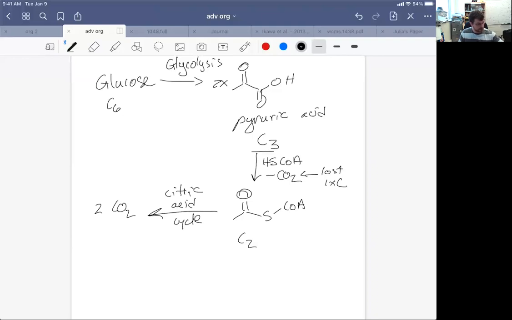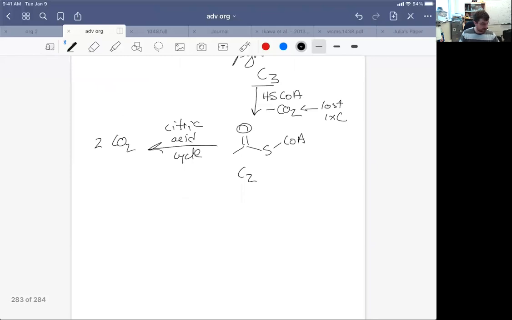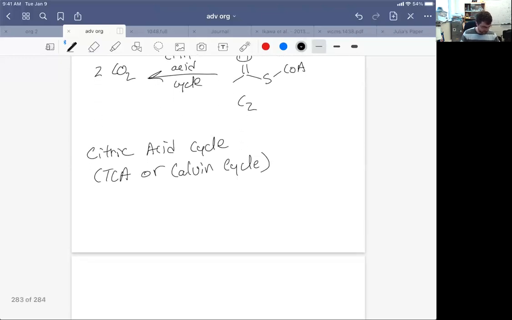Okay, so what we're first going to do is take our acetyl-CoA and react it with oxaloacetate. So let me just label this first of all. We have the citric acid cycle, also called the TCA for tricarboxylic acid or Calvin cycle. Okay, so what we're going to do here is start out with this molecule oxaloacetate. So this species, we're going to react with acetyl-CoA, followed by